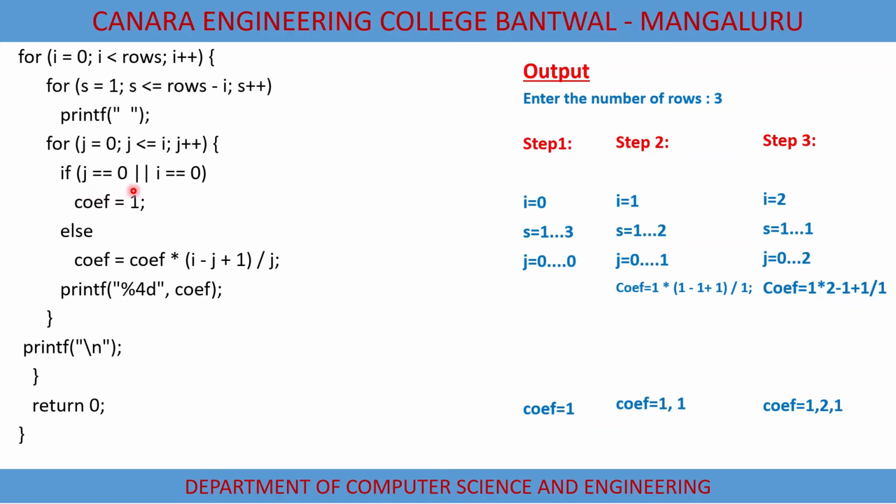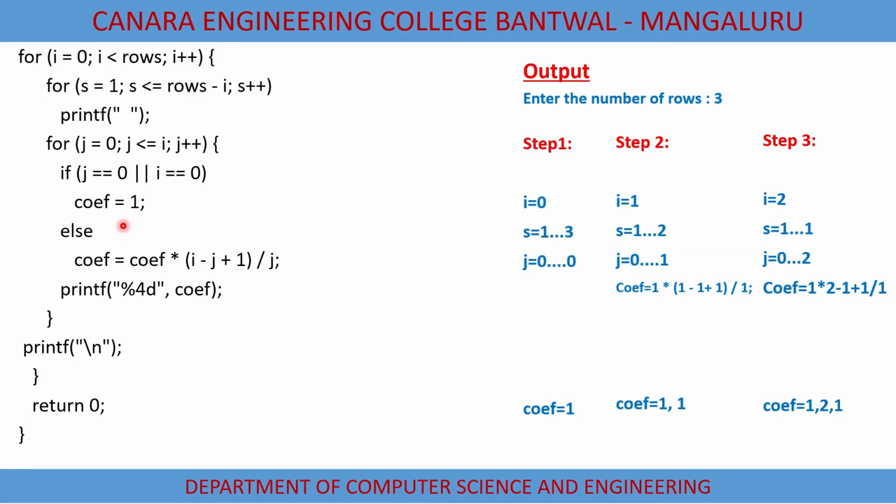So initially, as we have seen in the previous slide, we had the first case, that is where the nCr value has n value as 0 and r value also 0. In such a case, what do we have to return? When both the values are 0, that is when j is 0 and i is also 0, we can say the coefficient is 1. So for that purpose, we have taken this if condition. When both the values are zeros, we have to return 1.